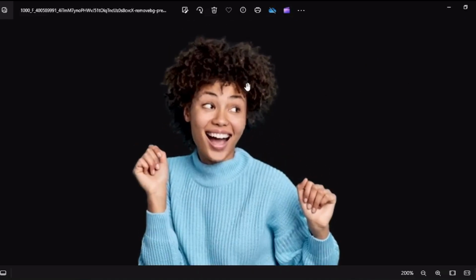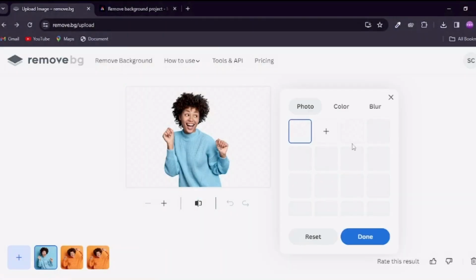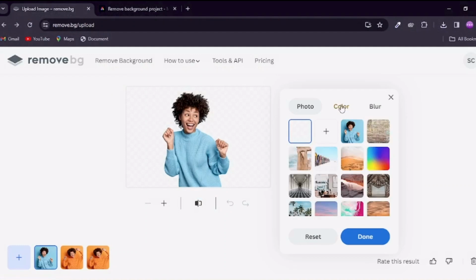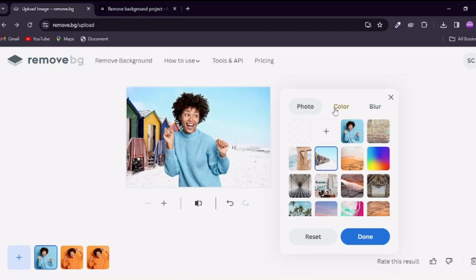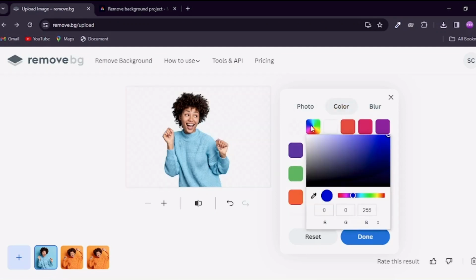The hair, man, it's as if it has never had a background. We also add the custom color. As I told you, you can choose from all these images and see what is really fitting, but I would like to go with the color. This is not matching, just use the eyedropper, put it on the cloth,